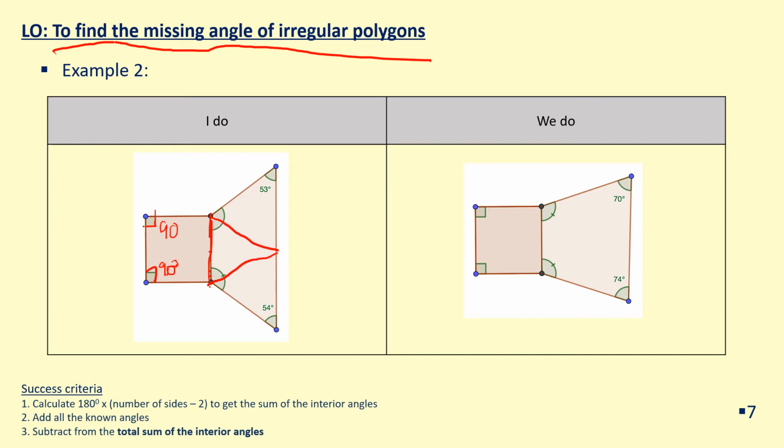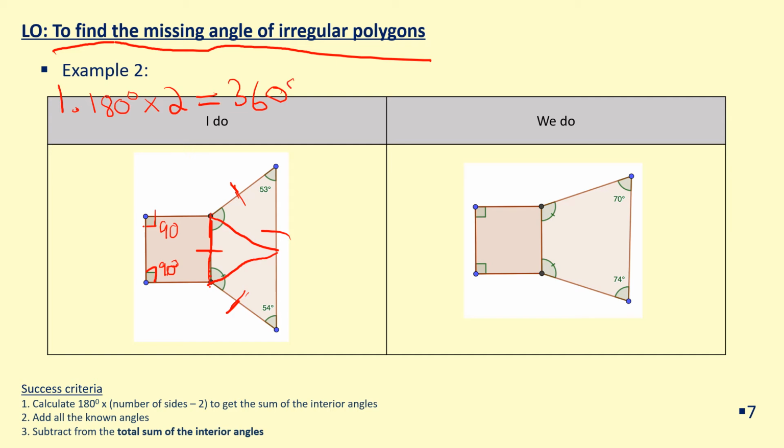So the number of sides for this right part, not the square, the quadrilateral here, is 1 side here, 2 here, 3, and 4. So this time, number of sides is 4, subtract 2, so that's going to be 2. So step 1 is going to be 180 degrees multiplied twice because of the 2 that we just worked out. That just gives us